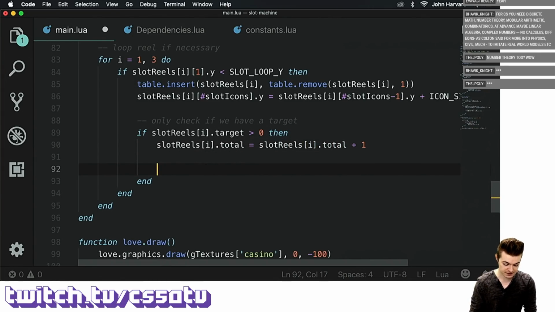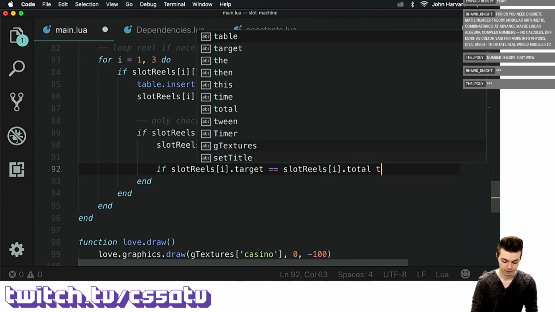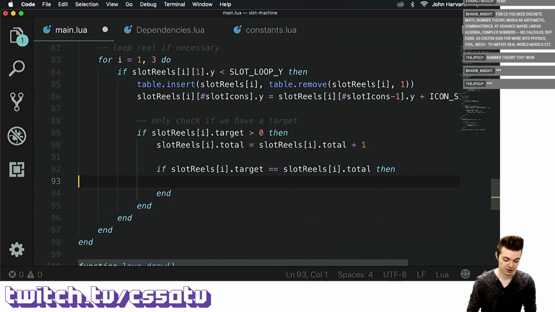And what I do after that is I say if slot reels I dot target is equal to slot reels I dot total, so this means that we've looped the number of times that we've targeted for that reel after we've slowed it down. Once that happens, we can say slot velocities at I dot y is going to be equal to 0. And then